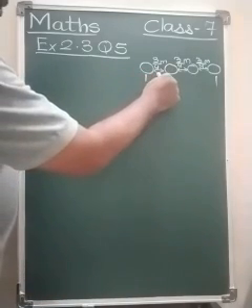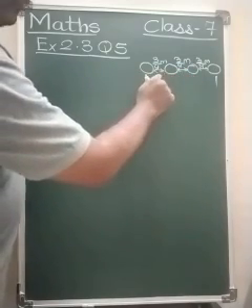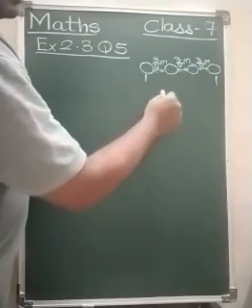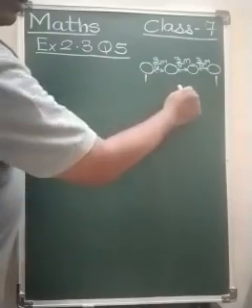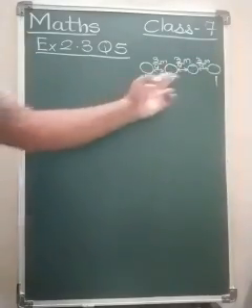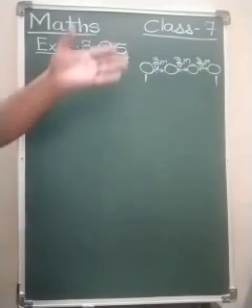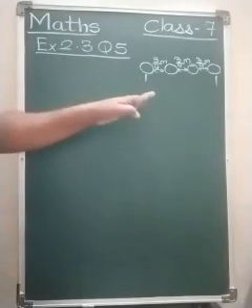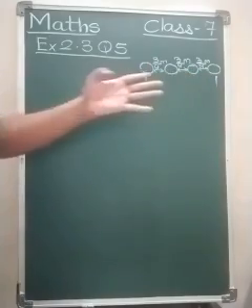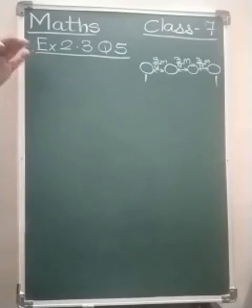How to proceed? Now let us see. From here to here, 3 upon 4 meters. Then from here to here, again 3 upon 4 meters. Then 3 upon 4 meters plus 3 upon 4 meters. And again from here to here 3 upon 4 meters. That means if you would add 3 upon 4 3 times, then we will get our answer. That much would be the distance between the first and the last sapling. But this is not the sum of addition. You can proceed with addition also, but this is for explanation. If you want, you can draw the diagram in your book also. It is not compulsory. So first we will write down the information.